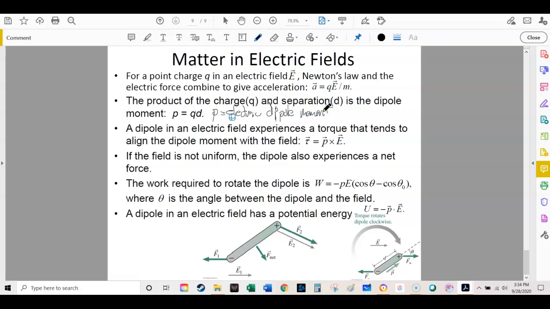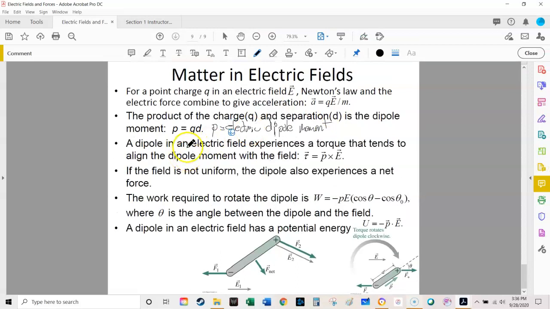And we talked a little bit about how that dipole moment is based on the charge. It's the product of the 2 charges, so you multiply the 2 charges together, separated by the distance d. And so you have this electric dipole moment that you're multiplying by the product of the charges and their separation distance, and that separation distance would be in